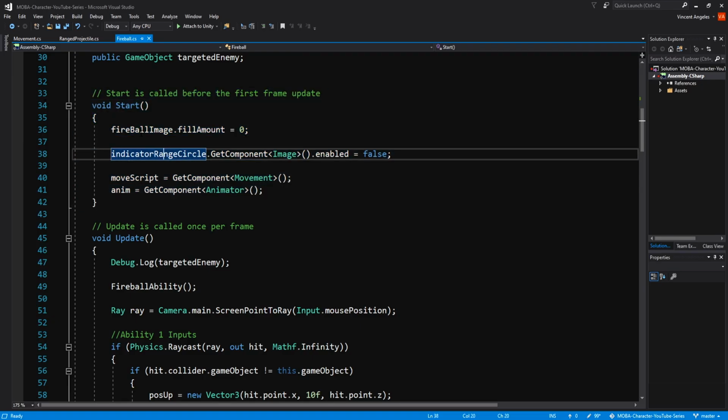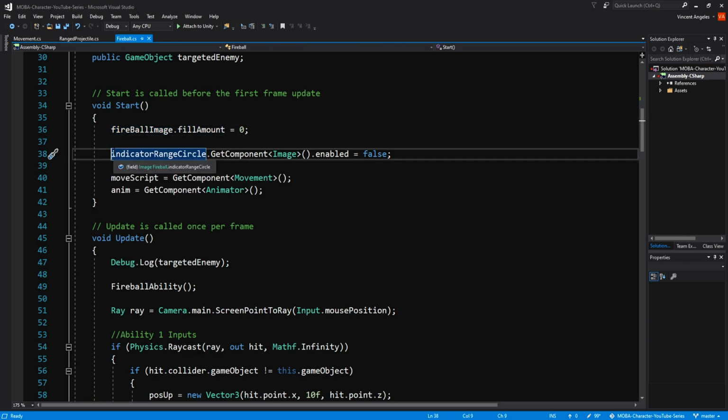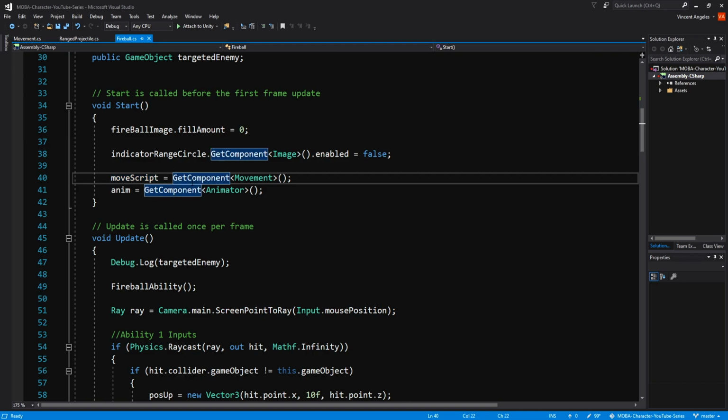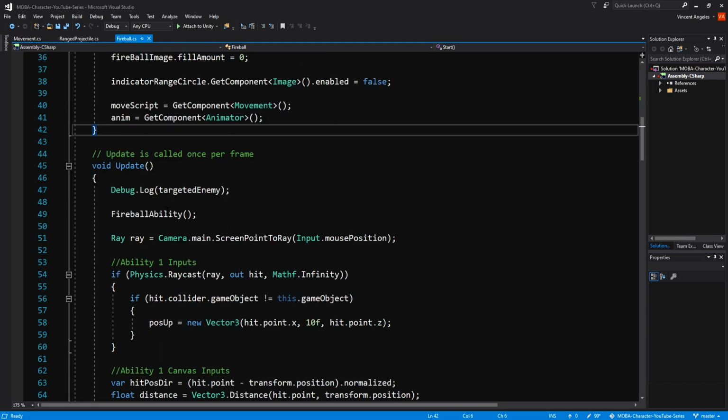In the start method, we'll have the fireball image fill amount set to 0. We'll have the indicator range circle image set to false. So we'll have this circle right here not show at the start. We'll reference the move script just by doing GetComponent Movement. Also get the animator, anim equals GetComponent Animator. And in the update method,